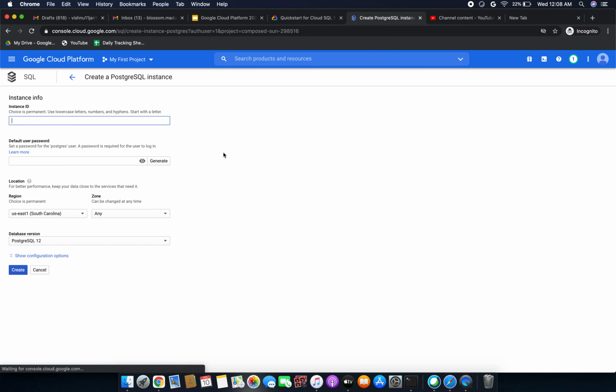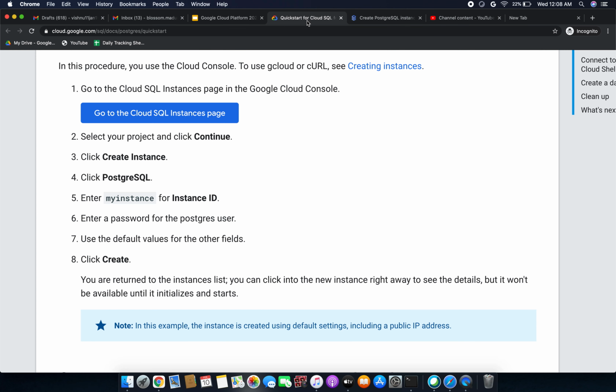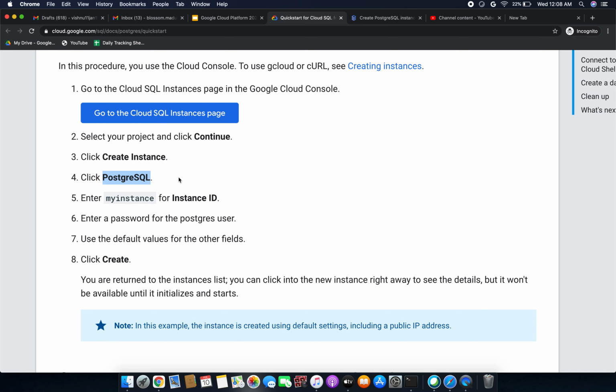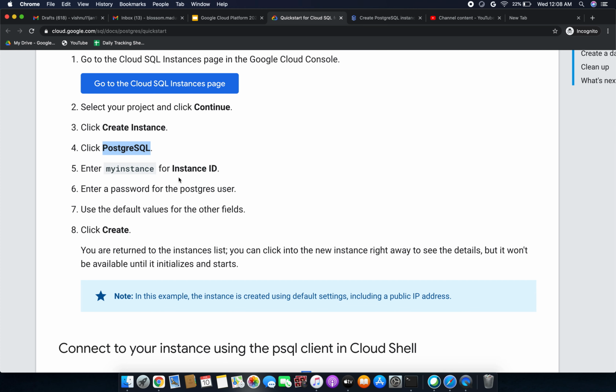Okay, here we have to give the instance ID. I am giving the name as my instance. Then we have to give the default user password here.